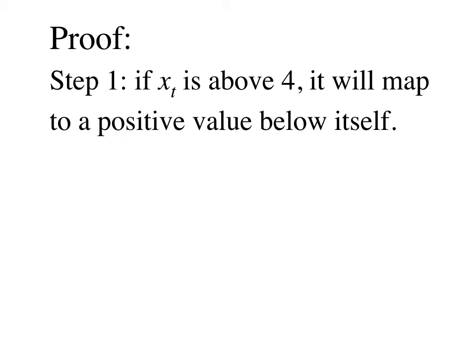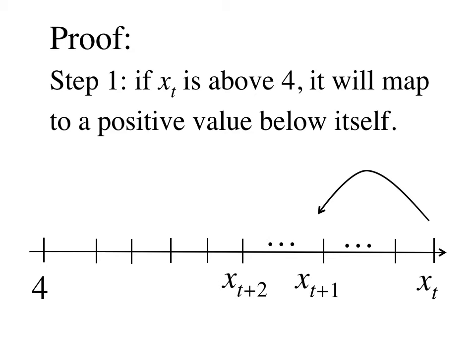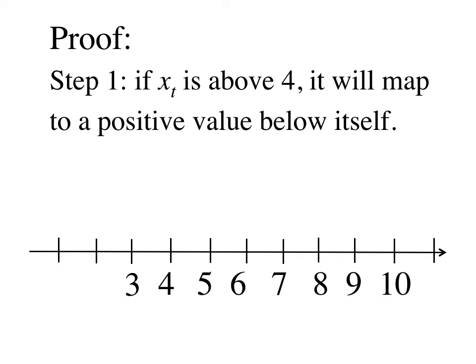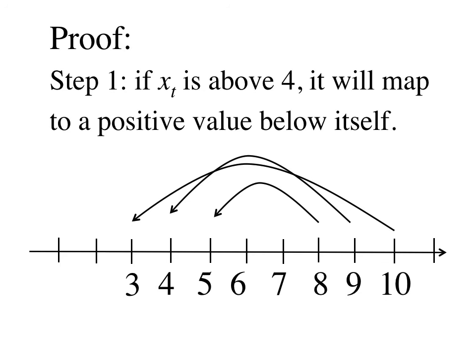Step 1 is to notice that if x_t is above 4, it will map to a positive value below itself. So anytime you're above 4, you will either get close to 4 or go below 4. Let's show you this for numbers close to 4 just below 10. 5 goes to 4, 6 goes to 3, 7 goes to 5, 8 goes to 5, 9 goes to 4, 10 goes to 3,